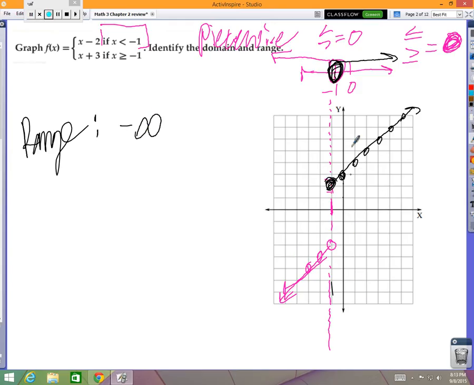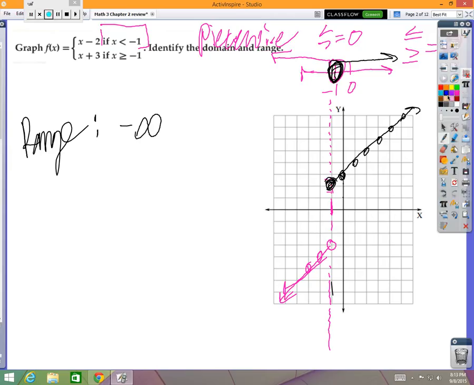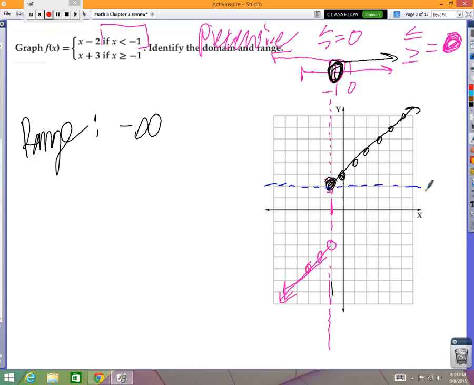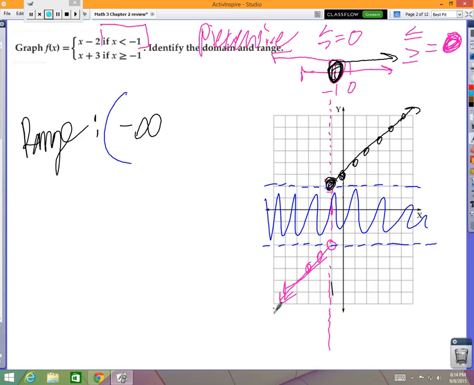But up and down, I've got this huge gap right here, this window, where I've got some empty space. All this is empty space. There's no graph in this empty space. So the pink line is going to go all the way from -infinity, and it is going to go up right there. That's where it starts, which happens to be, okay, now on the Y number line,